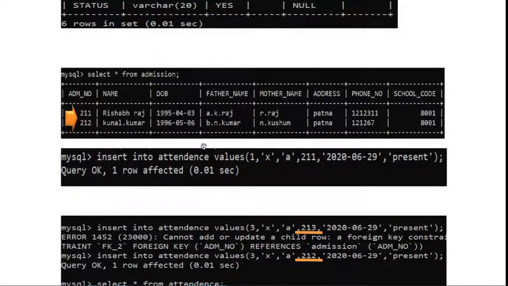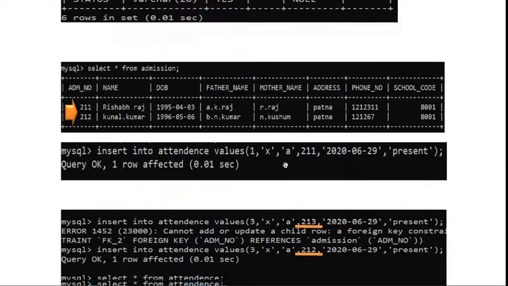Now you try to store a record in the attendance table having the admission number 211. It is successfully stored in the table. There is no error related to the primary key foreign key relationship.